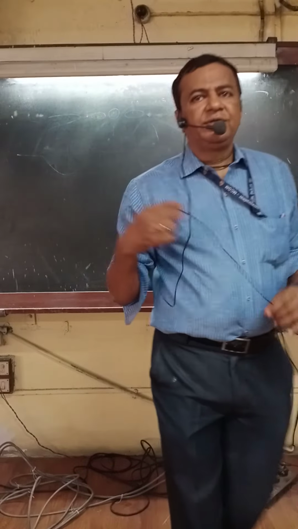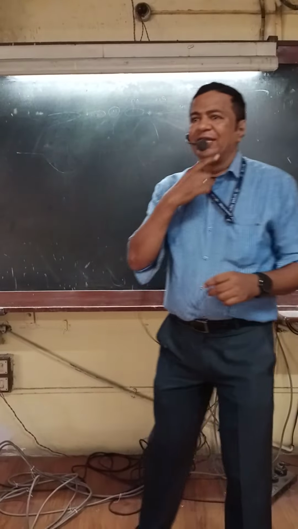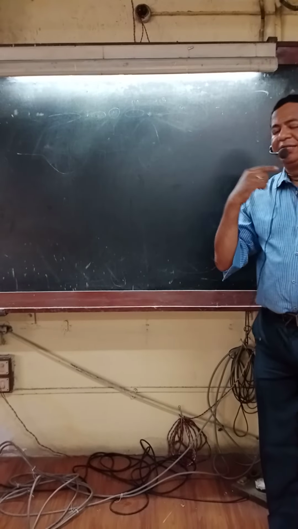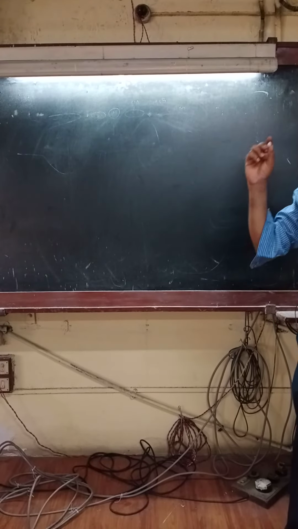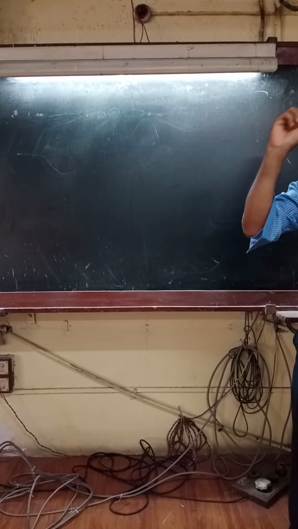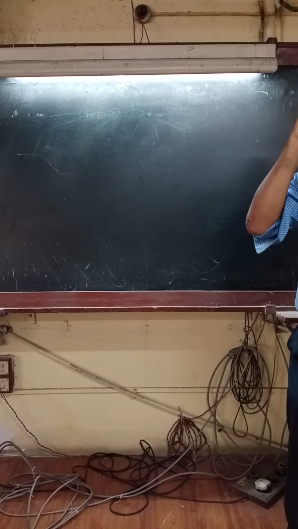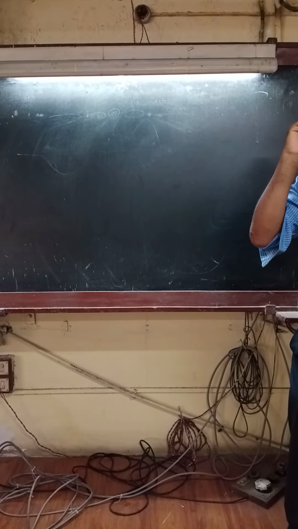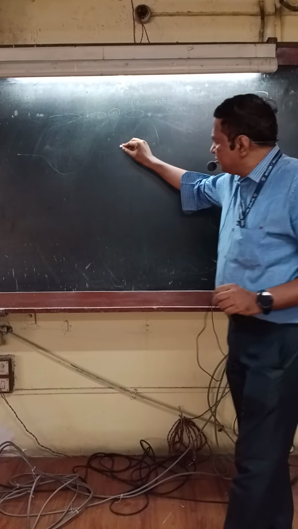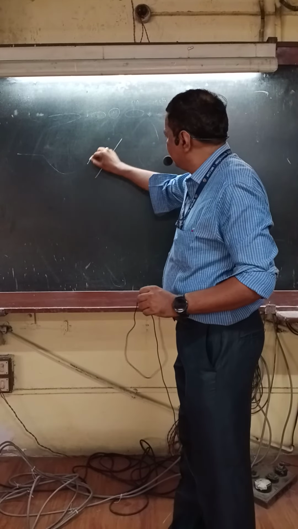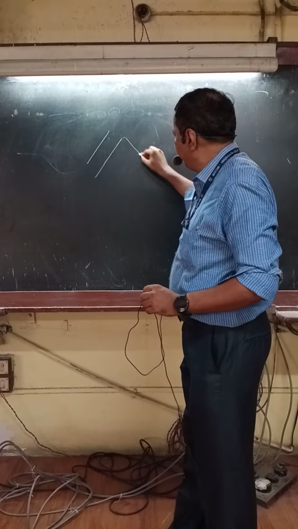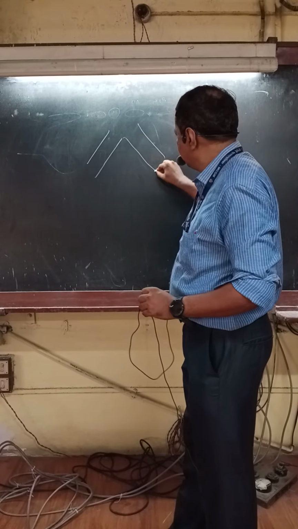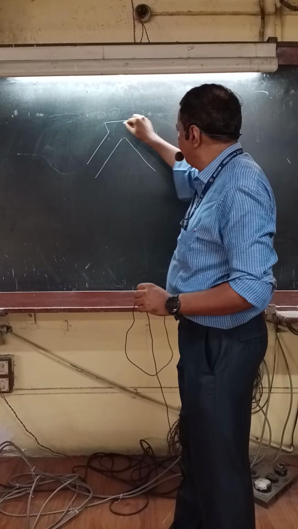So now we'll talk about the main external genitalia, the penis. Penis has a root which is a fixed part. Okay? So this root is attached to the ischiopubic ramus. This is the pubic symphysis.